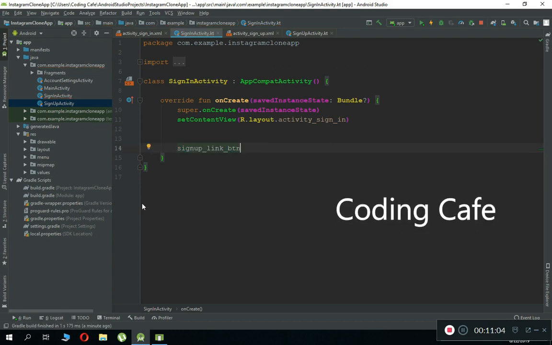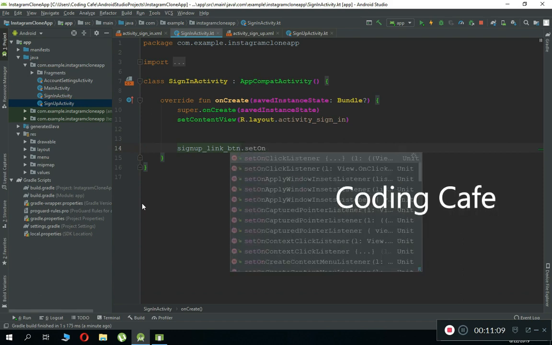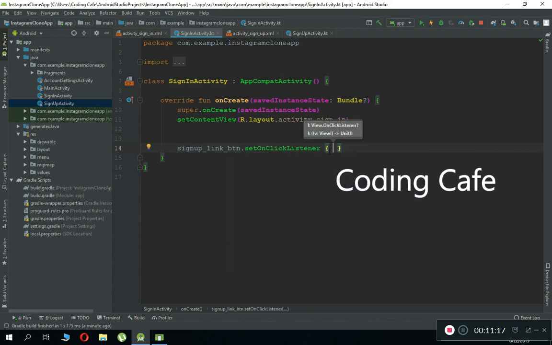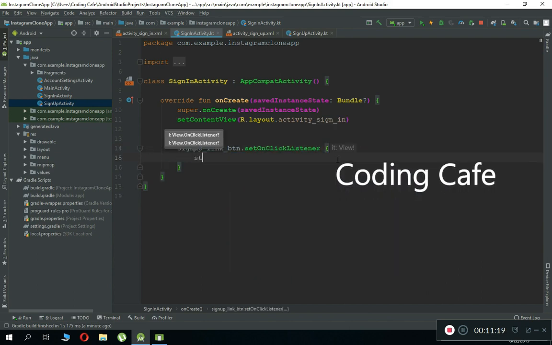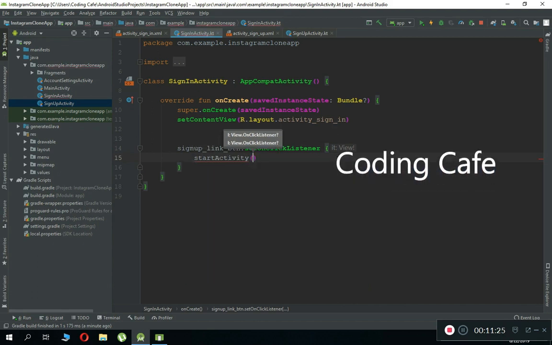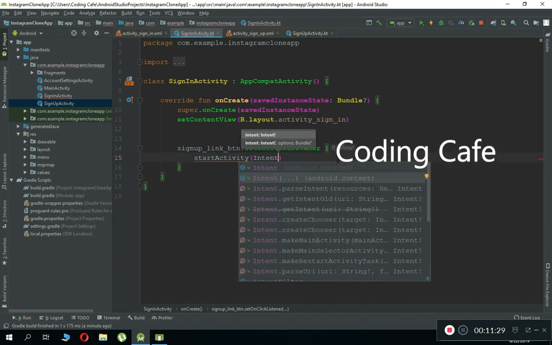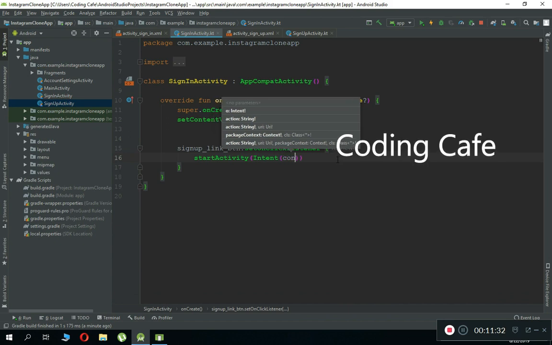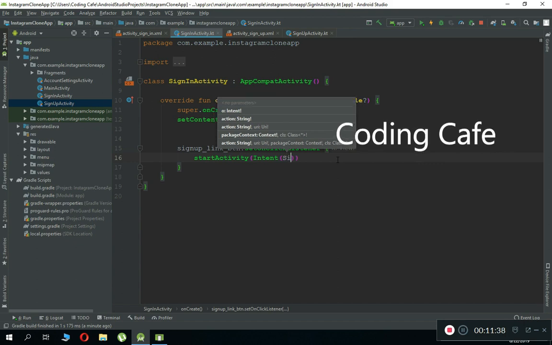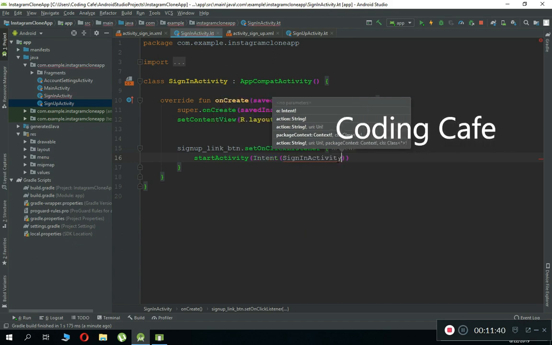So yeah, it will import like this, and then we can say set on click listener, and here you can see this first one. Okay, with these curly braces, just click enter, and now in here we are going to send the user to the sign up activity when a user clicks on it. So we can say intent, pass the context to it, and the context is basically our sign in activity. So we can say sign in activity dot